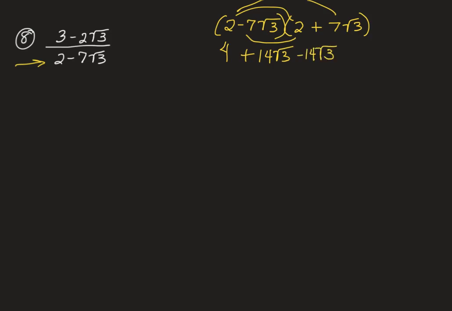And negative 7 square root of 3 times positive 7 square root of 3 will give us negative 7 square root of 3 squared. So we have 4. The middle terms add to be 0. And we have 4 minus 7 squared, which is 49, and square root of 3 squared is 3. So we have 4 minus, what is that, 27, carry 2,